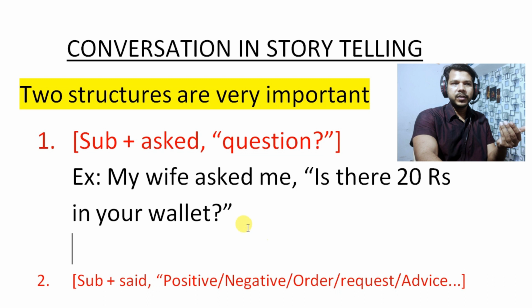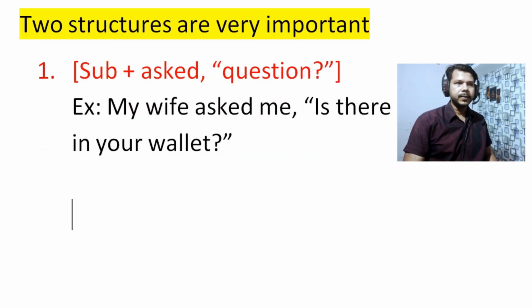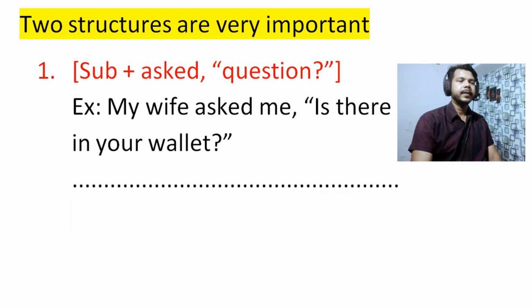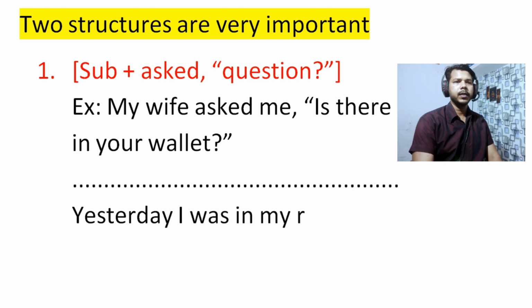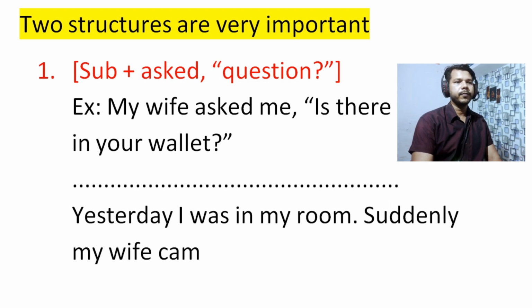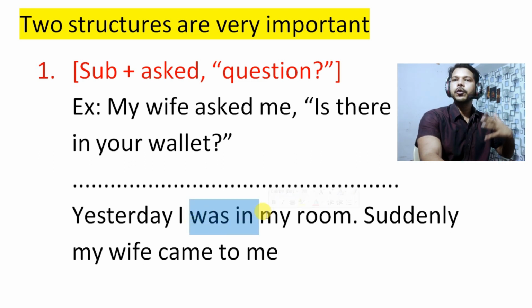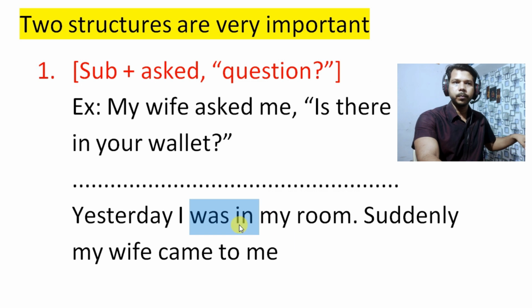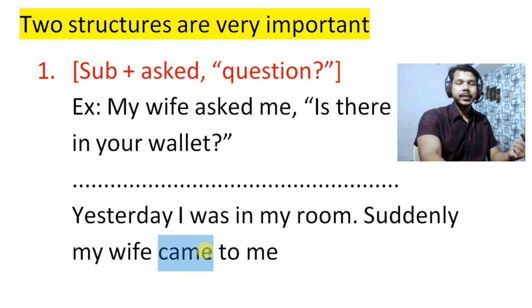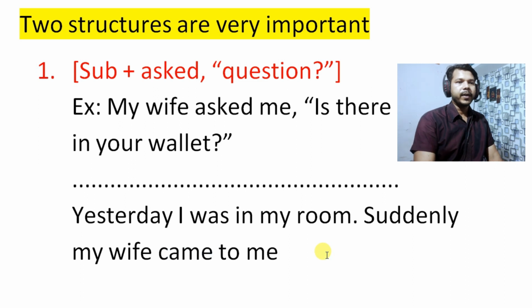So, why I am using this, I am going to tell you. Before this, I will start a story. Let's take a look. If I am saying that yesterday I was in my room, suddenly my wife came to me. This is past. As you can see here, I was in my room. This is the state of being. I'm talking about my location. It was the room. Suddenly my wife came to me. This is past indefinite, second form. So my story is being told in past. Okay, fine. So my wife came to me